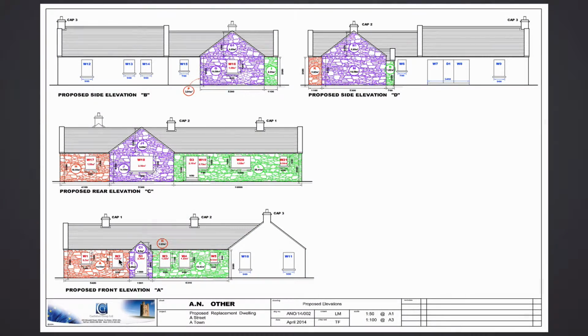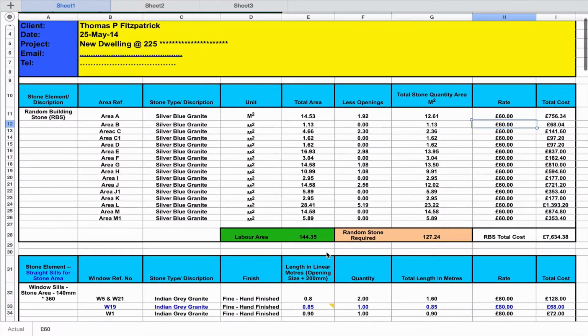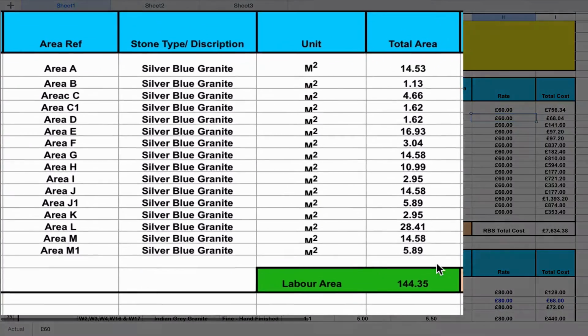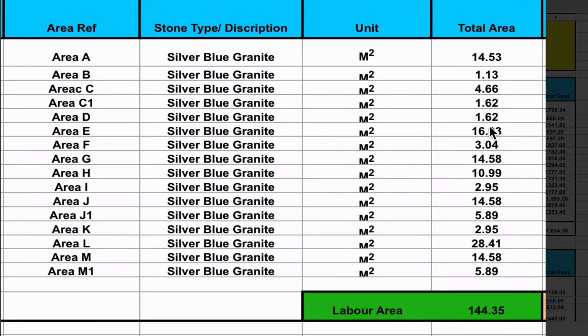The total area then for the labour will be calculated basically on the complete area, because stonemasons expect to get paid through the openings as there's a lot of work around the window reveals. So for the labour area, it's simply a case of adding up all the what I call the total areas of A right through to M1, which is the areas marked on the plan that are being done in stone,